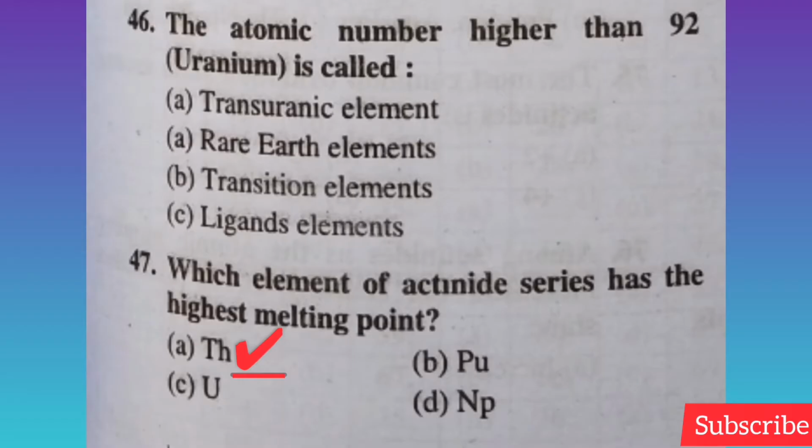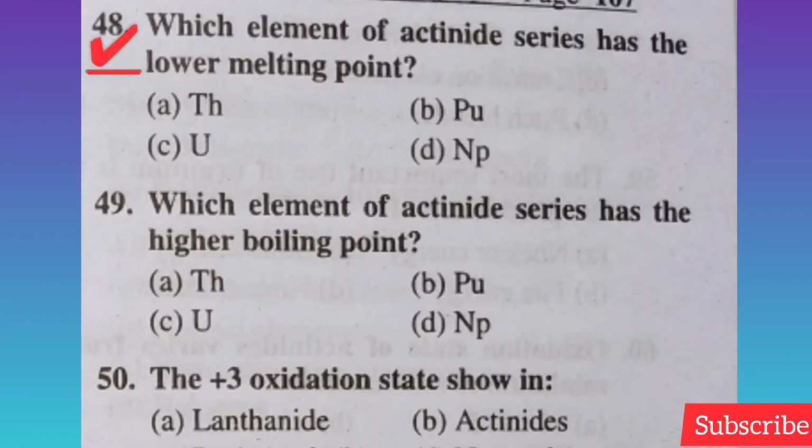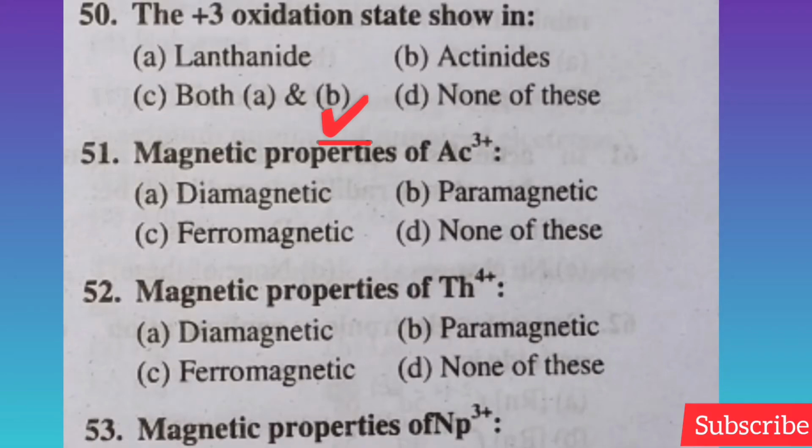Option A is correct. Next question, which element of the actinide series has the lowest melting point. Option D is correct. Next question, which element of the actinide series has the highest boiling point. Option A is correct. Next question, the 3+ oxidation state, so in both A and B. Option C is correct. Question number 1, magnetic property of